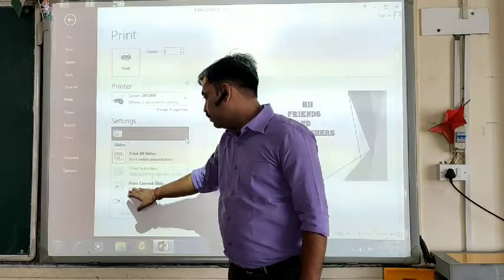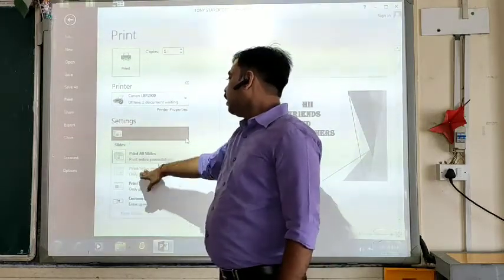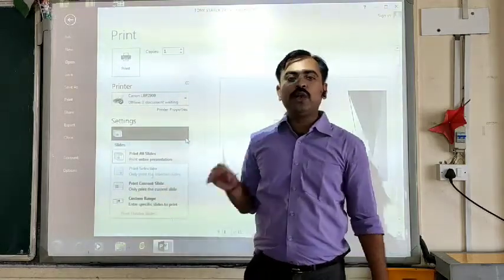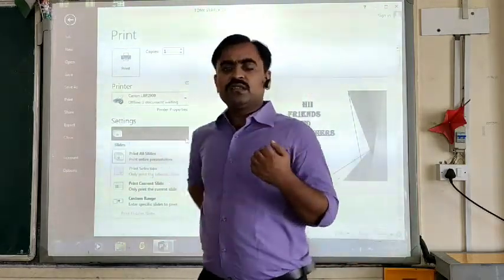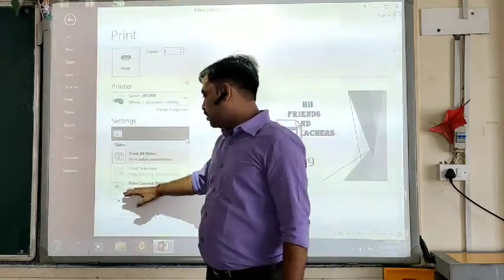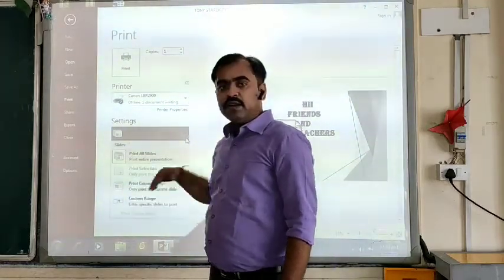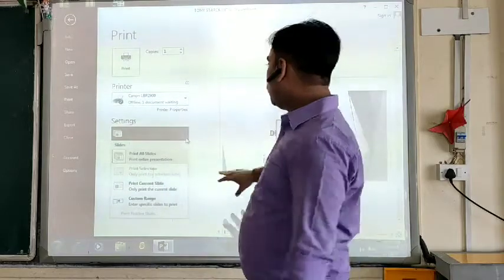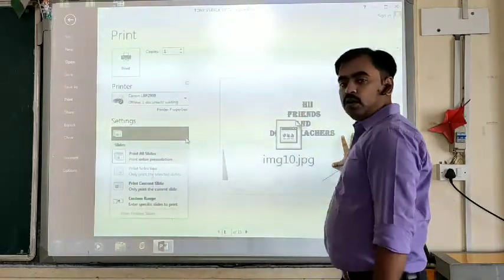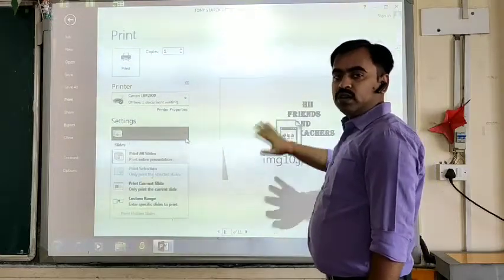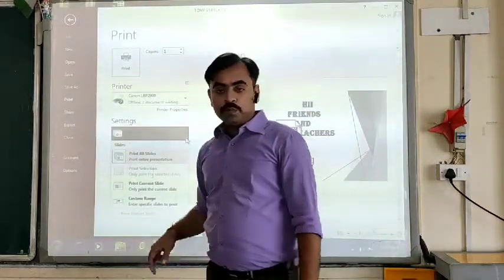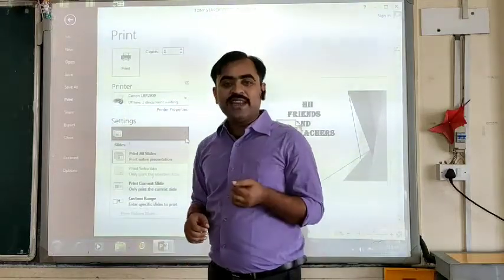Again, print selection gives you the option to only print the selected slides. The third option, print current slide, will only print the currently opened or displayed slide on your screen. All others it will not print. And the custom range gives you options to print a selected range.